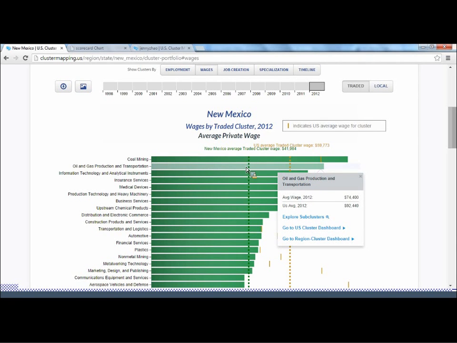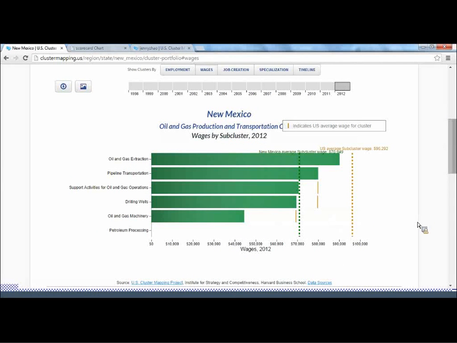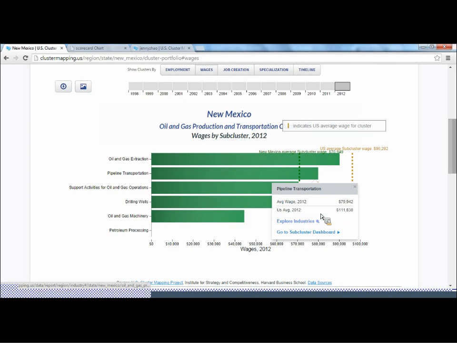in this case, oil and gas production and transportation, you'll see there's several links below it. So one says explore subclusters, one says go to the US cluster dashboard, and one says go to region cluster dashboard. So first let's explore the subclusters in this case. So if we select that, we'll get a sense of what the subcluster makeup is. If we want to get even more information, perhaps in pipeline transportation, we select that bar again, and as you can see, the Explore Industries button and go to Subclusters Dashboard button, both of those allow you to get a